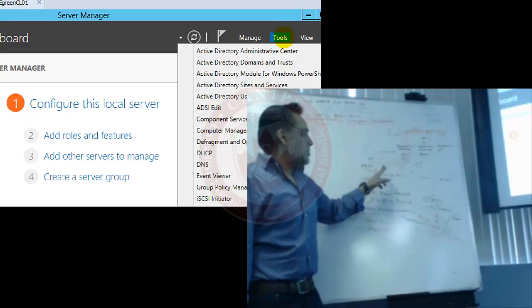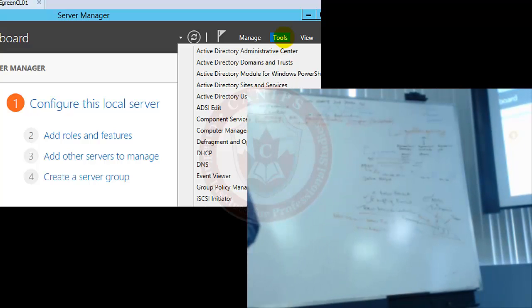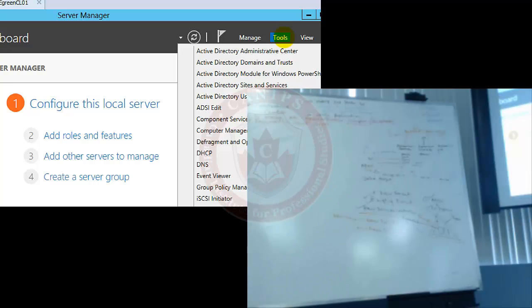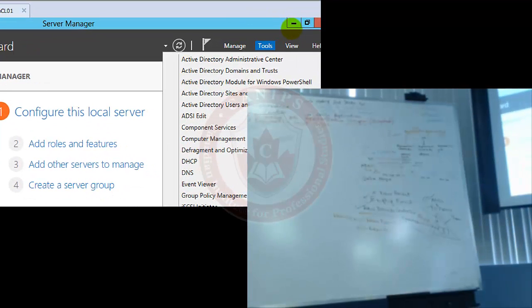In ADAC, can they create users? They can create users. Delete as well? They can delete users as well. But then you would say, oh, they have all the access. But guys, everything in ADUC, so guys here,